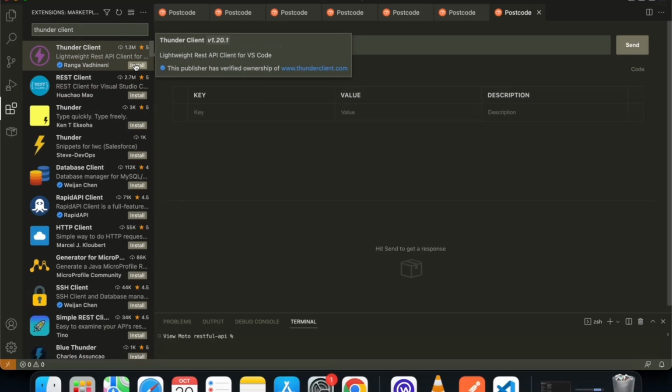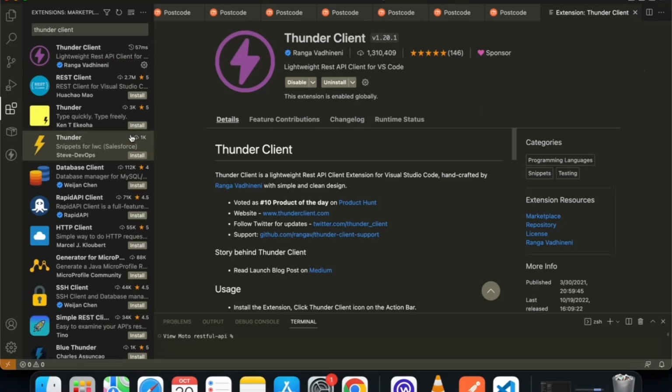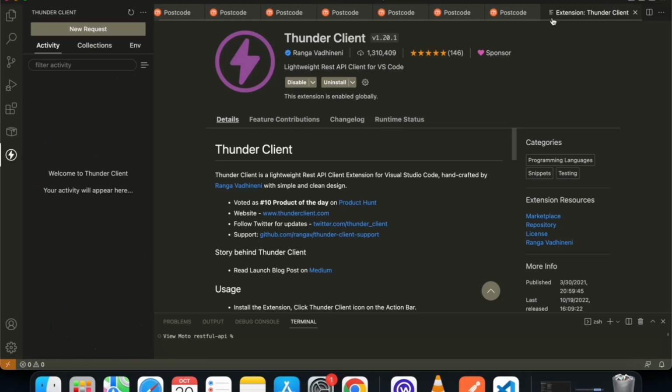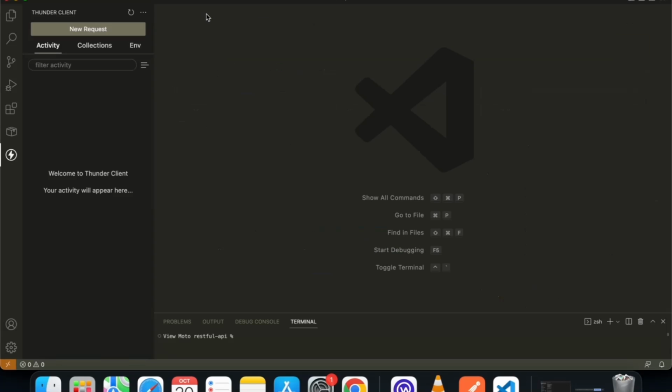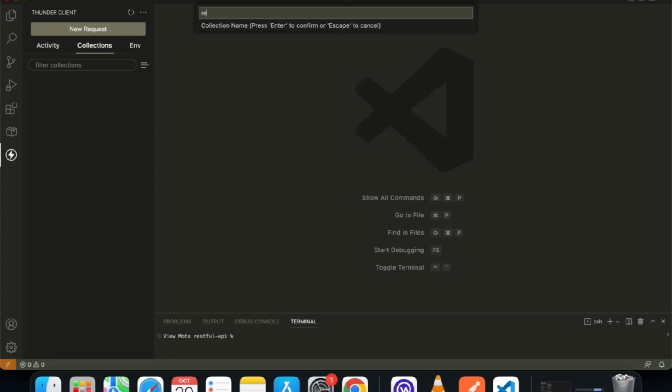So install this Thunder Client, and then as you can see, this is the icon of the Thunder Client. Just click it. Just close those tabs, and then as you can see, Thunder Client is like Postman. You can create multiple collections and multiple requests in a segregated manner. So let's click collections and then create collection. Let's say RESTful API, and then